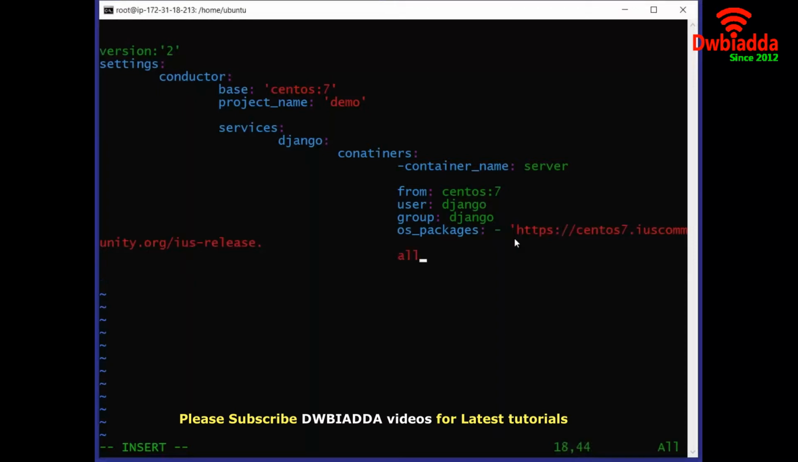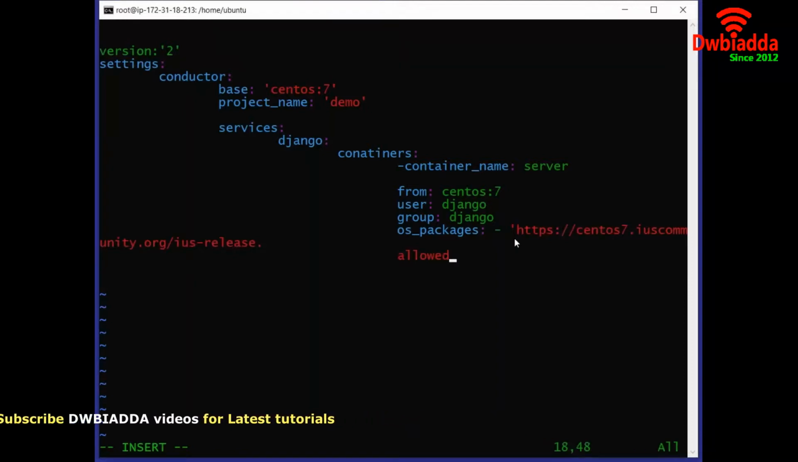Also, we are defining the allowed hosts which can access these parameters. We will be writing a star here because we are allowing all the hosts, and the port number on which the whole service will be exposed is